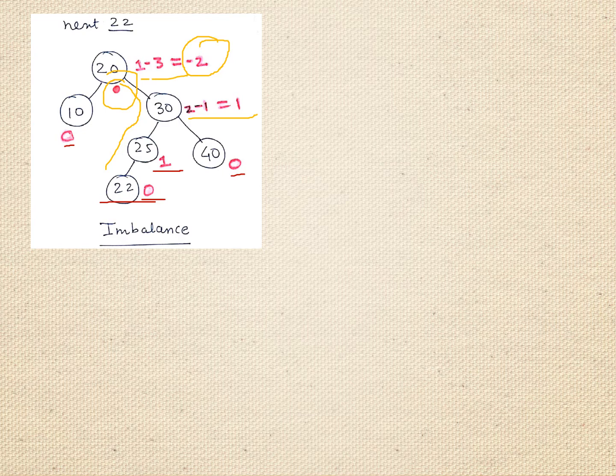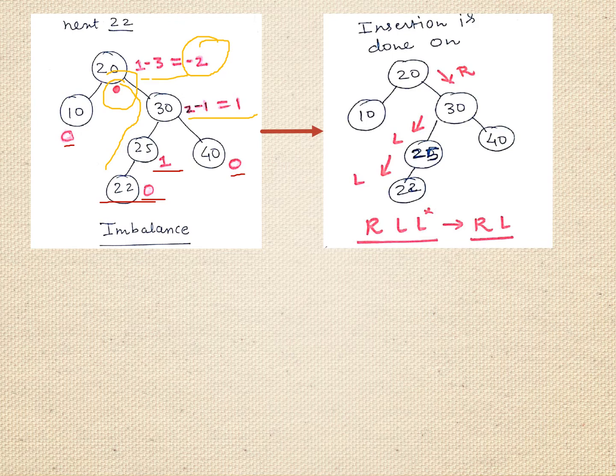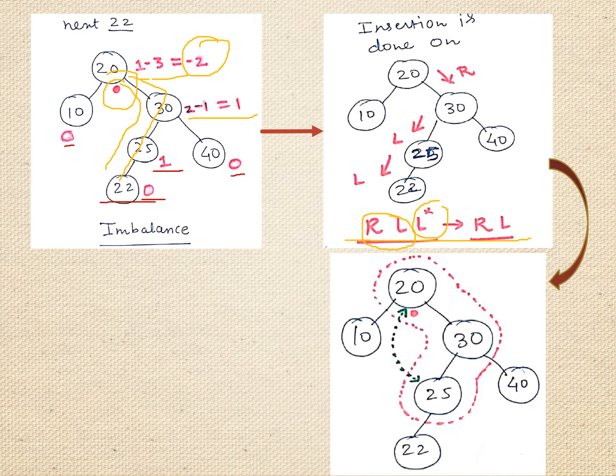Now what can we do? So we will be doing the operation, yes, it's an imbalance. Which kind of imbalance is it? It is R, that is right side, then L side, and then left side. That means RLL. So we'll be calling it RLL. So we'll be keeping the rightmost, and we'll be going ahead for resolving this RL imbalance. So which one? You can verify, we'll be resolving this imbalance here. So which kind of operation is this? It's a right left imbalance.